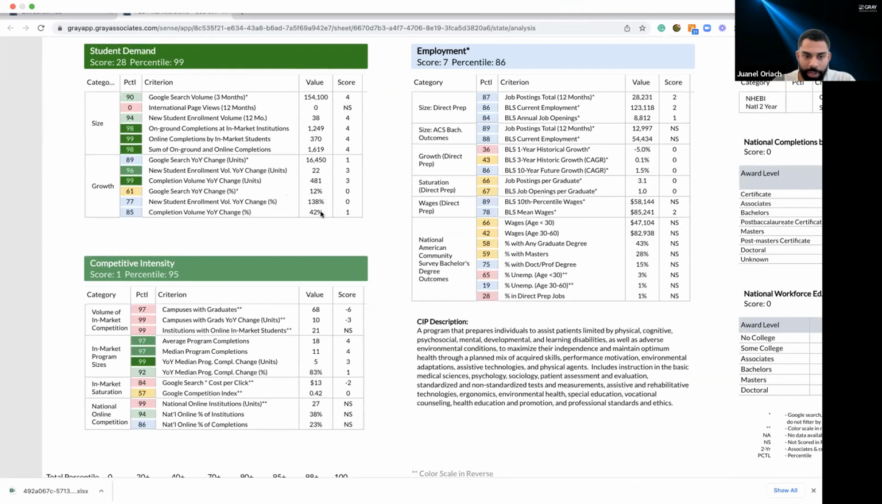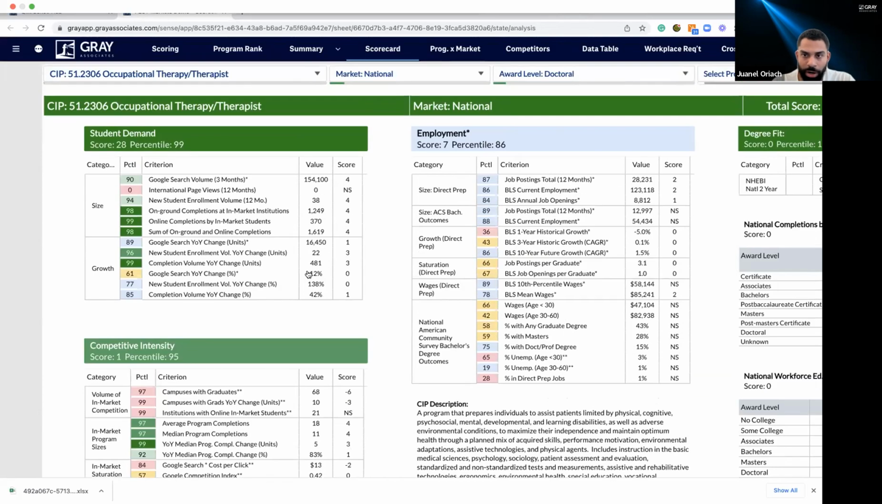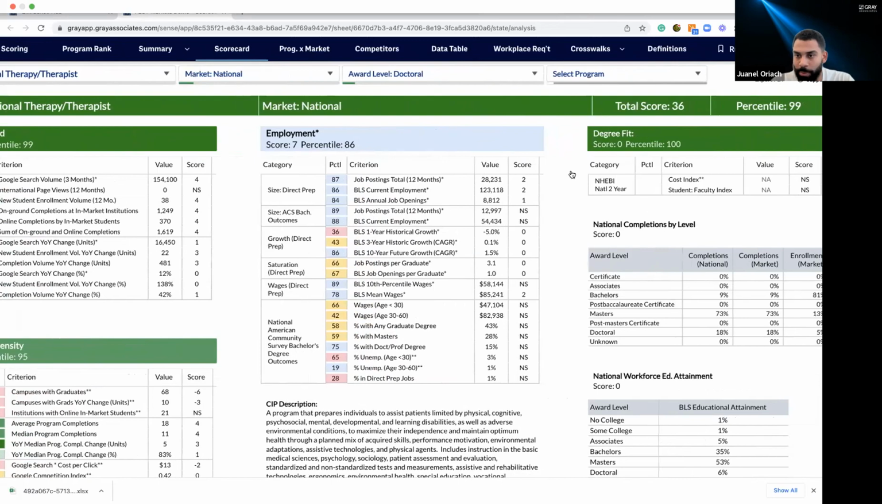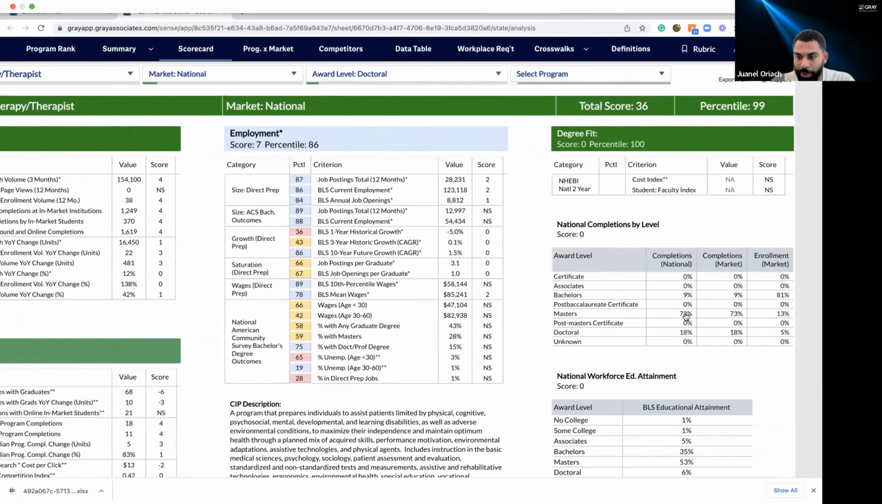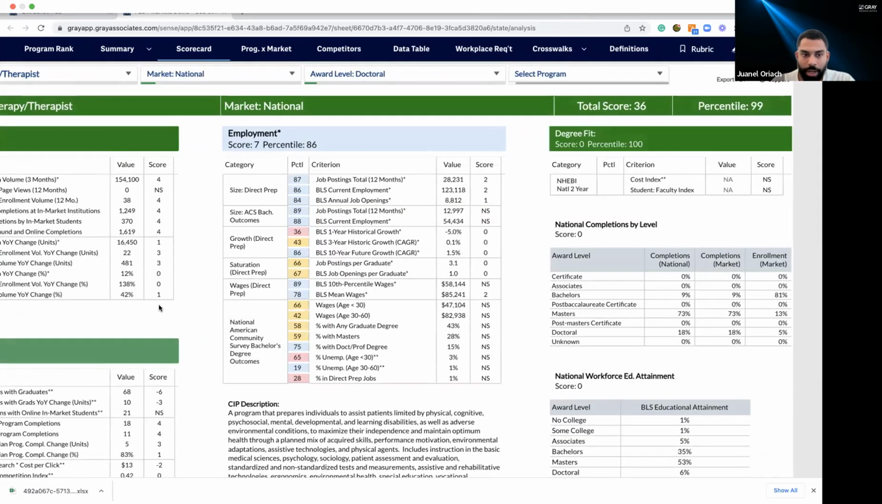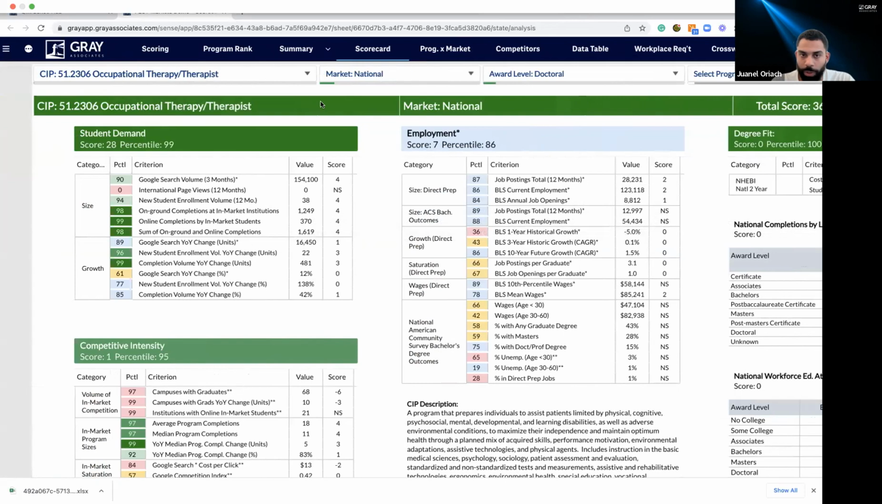And then we're going to dive down here and look at competitive intensity. And keep in mind, we are in the doctorate level here. So, if I was reviewing this with someone and I noticed that 73% of the completions were at the master's level, I might come in here and change the rubric to a master's level rubric because these completions that we're looking at here will be for doctorate, right? So when we're seeing something like 138% increase in enrollment volume, that will be specific to the doctorate level completions here,